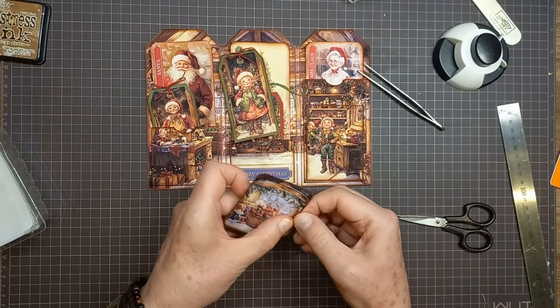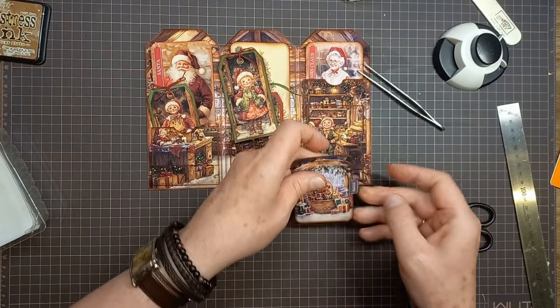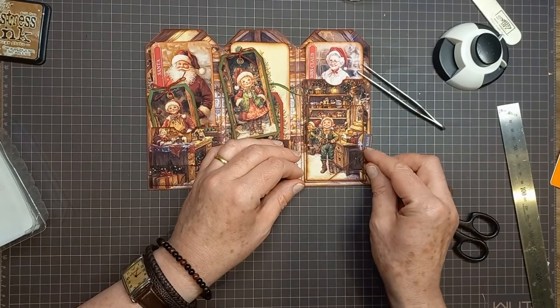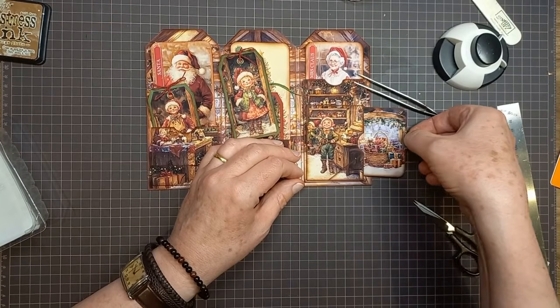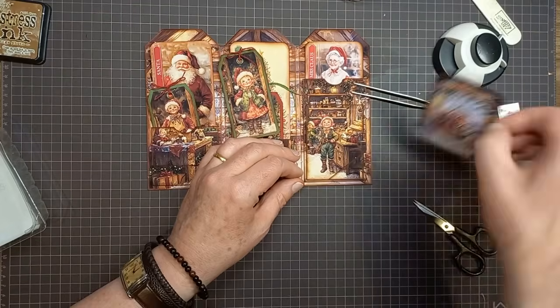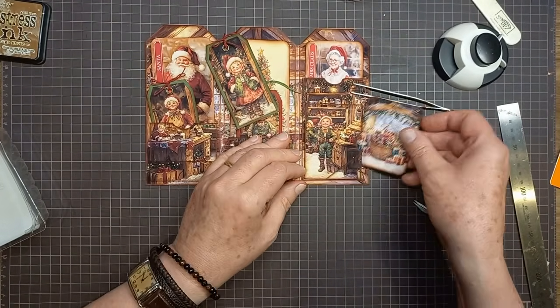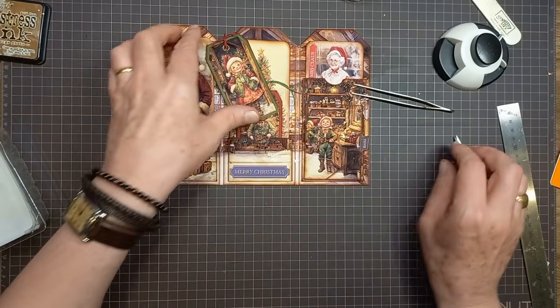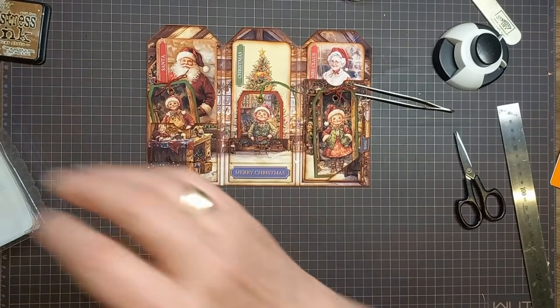Sticky hands. Okay, so it says toys, which is quite nice. And that can pop in there. It's easy to pull in and out. I backed that one. You see with the paper, looks a little bit nicer. Okay, you go in there. And then we've got,